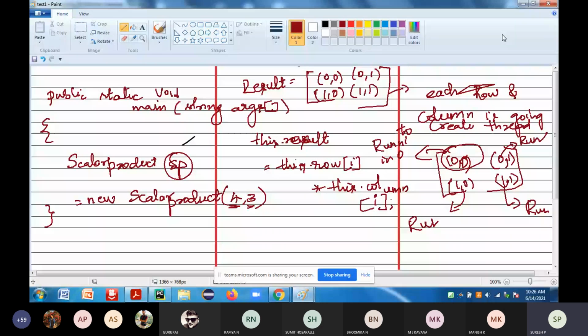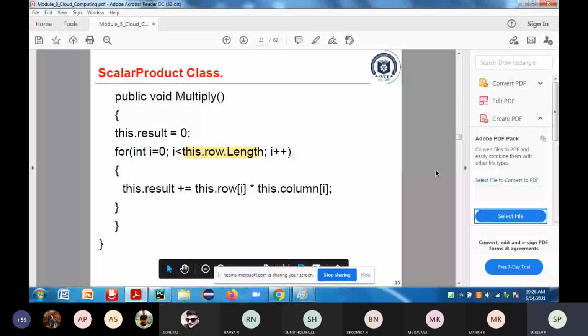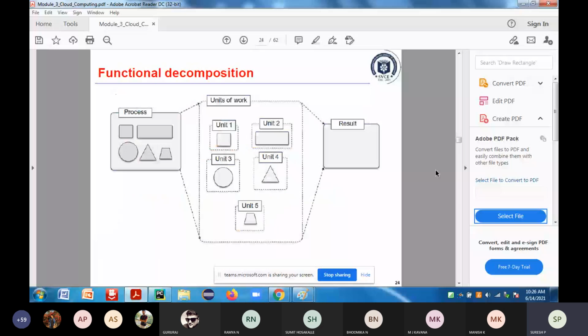So similar to that, this is about your domain decomposition. Domain decomposition tells us that the function is the same, but the data are different. Next is functional decomposition. What will functional decomposition do? With respect to functional decomposition, it's a process of identifying functionally distinct parts. As the name indicates, that particular part is going to tell you that it is functionally different.